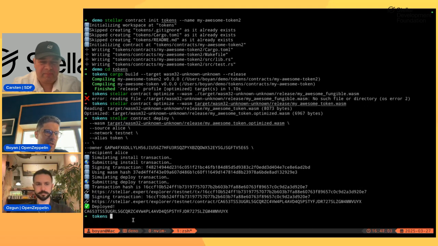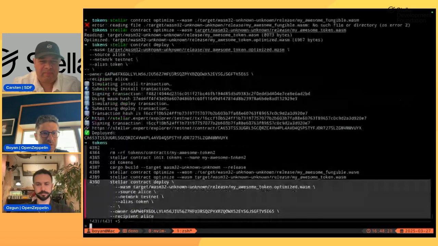And now, you can interact with this contract either with the CLI or build a UI for it. Maybe let me demonstrate how we can invoke it.